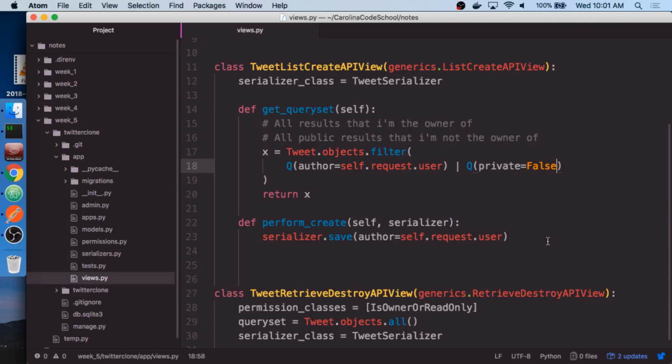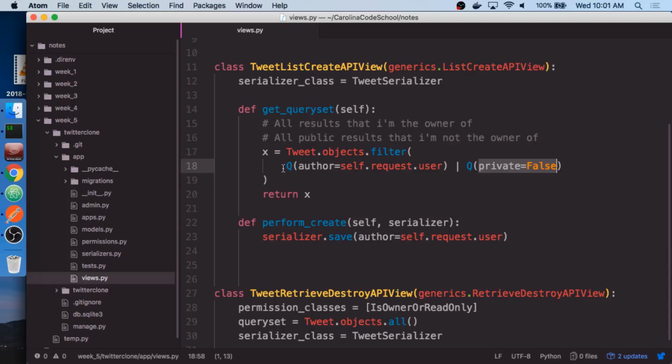Now, someone said this. I think John said this. Might have been, I'm going to say all three of you said it because I don't really know who said it. One of you said it to where if you searched up private false, it would double up the results. Well, this will not double up the results because it is in one query.